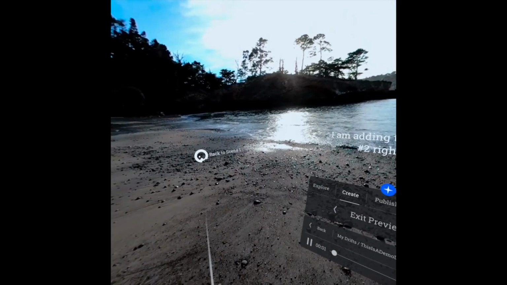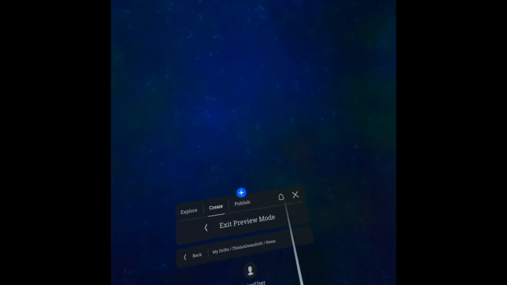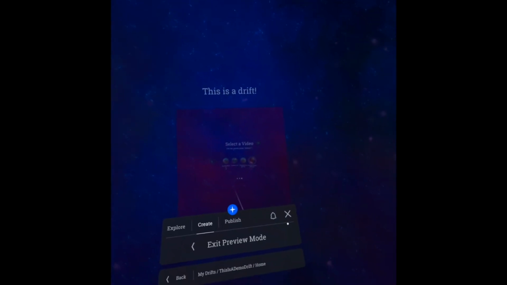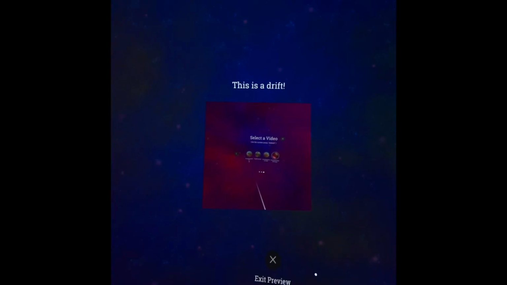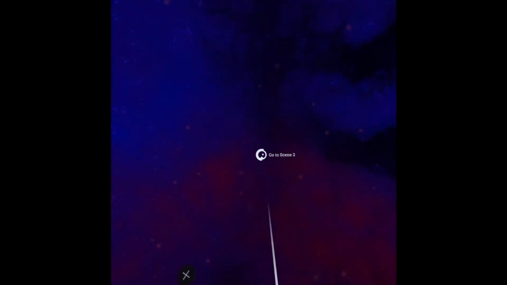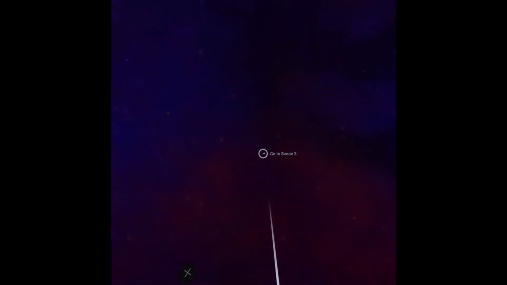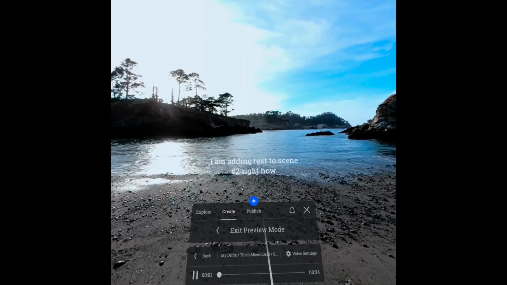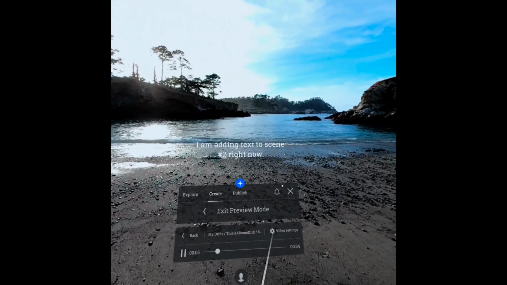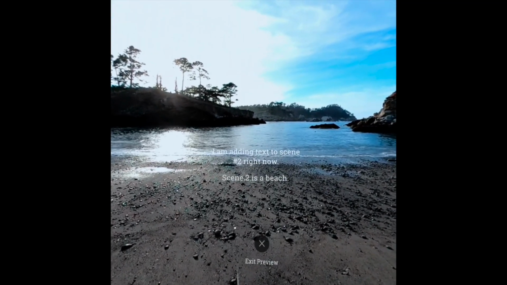and I'll be able to move back and forth between the scenes. So I hit preview, and now I can follow that link back to the first scene. And now, because I set up those fading instructions, the text and image fade in, then they'll fade out, and the link will fade in. Perfect. And then I'll follow that link back to the beach scene. And now I'm back in the beach scene. And now I can go back or exit out of the preview and continue editing,